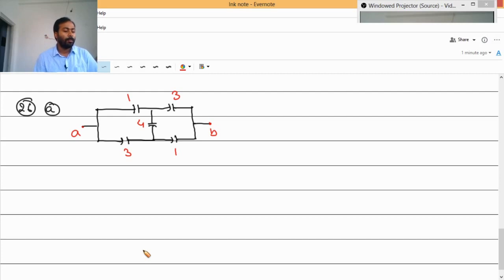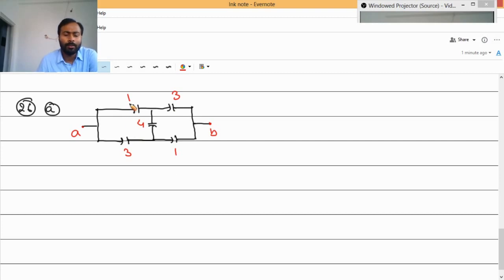So in this problem what is asked is, find the equivalent capacitance of the combination shown in the figure between indicated points. So what we have to do is evaluate the equivalent capacitance of this given network in between points A and B. We can see this picture looks like a bridge, so we have to first decide whether this bridge is balanced or not.